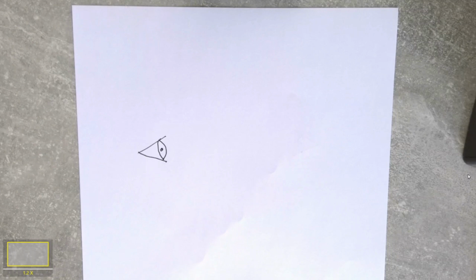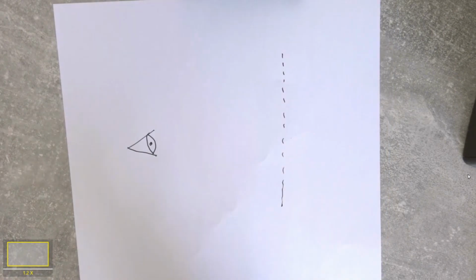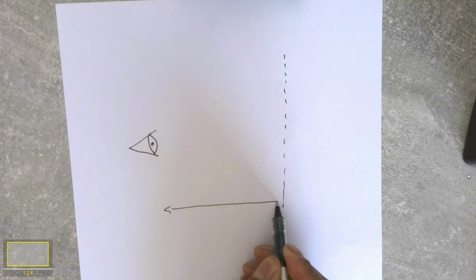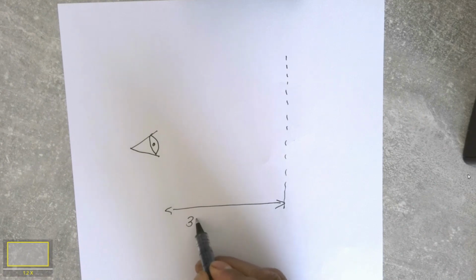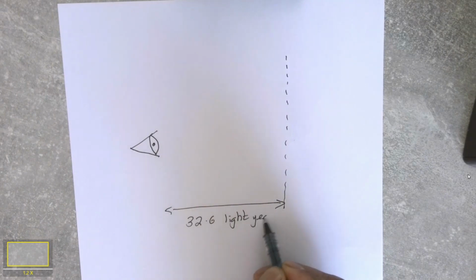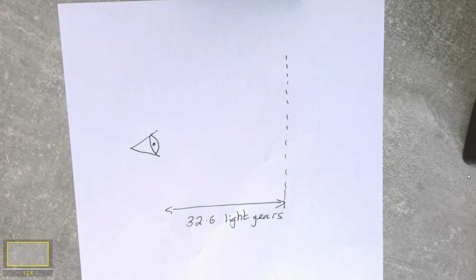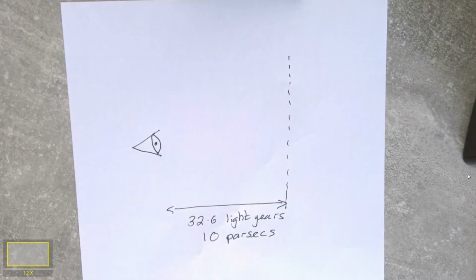so there's a picture of an eye, and I'm going to draw a line here. And what we do is we imagine that we bring them to a line which is where they are all the same distance away. And that distance is 32.6 light years. Now, when we get to A level and study astrophysics at A level, we talk about where this distance comes from, but just going beyond the IGCSE specification for a while,